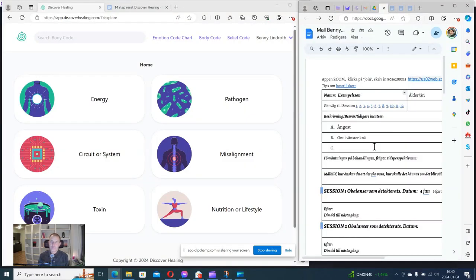All these modalities are developed by Bradley Nelson and his team at discoverhealing.com. Basically, they started out with the emotion code and found it very useful and found that they could balance other things as well. That's how the body code was developed, and the emotion code was a part of that system.